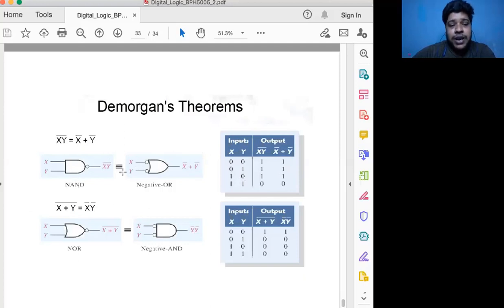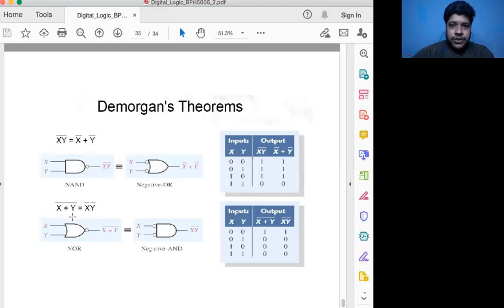अब 1 1 के लिए चेक करते हैं एक बार, 1 1 करेंगे तो क्या होगा, 1 into 1 is 1, और उसका इन्वर्ट करेंगे तो ये हो जाएगा 0, and similarly 1 का इन्वर्ट 0, 0 plus 0 is 0, तो ये 0। तो हमको जितनी चार पॉसिबिलिटीज थी डिफरेंट कॉम्बिनेशन के, हमने चारों पॉसिबिलिटीज चेक किया, and we got that both are the same। तो हमने अभी कहीं पे जाके प्रूव नहीं किया, कहीं पे लिखा नहीं, कहीं कॉपी पन्ना यूज नहीं किया, but by just looking at it and trying to understand the theorem we could prove it। तो आई होप यू अंडरस्टैंड, मतलब थोड़ा सा।